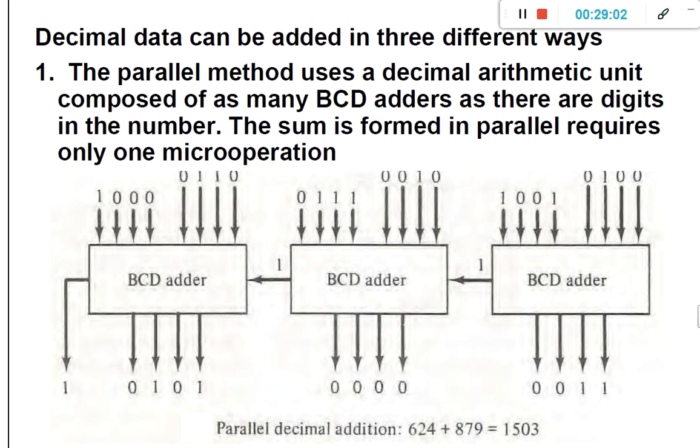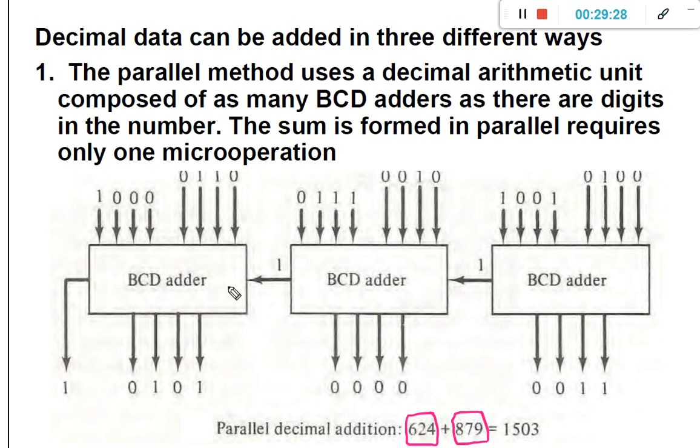The parallel method uses a decimal arithmetic unit composed of as many BCD adders as there are digits in the number. So here how many BCD adders are there? 3 BCD adders are there. So this particular circuit can be used to add 3-digit numbers.